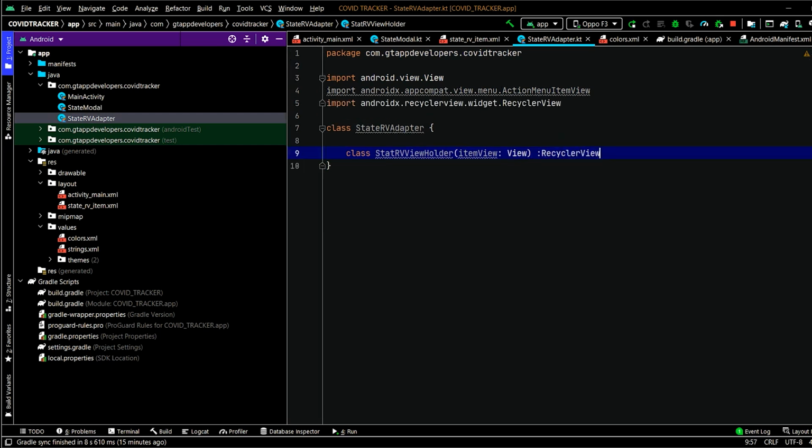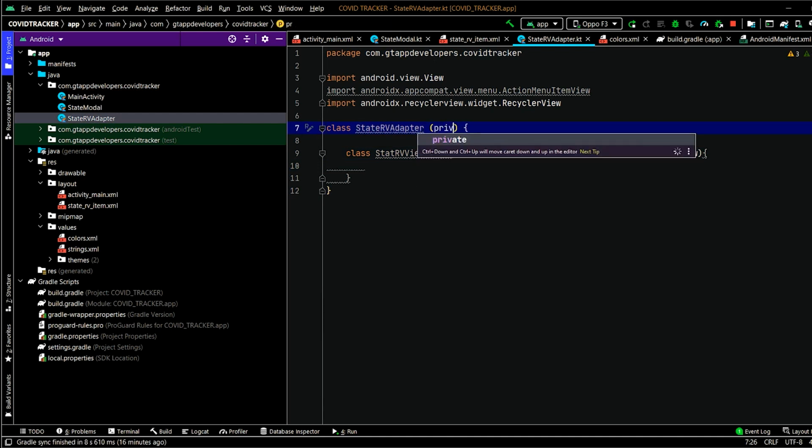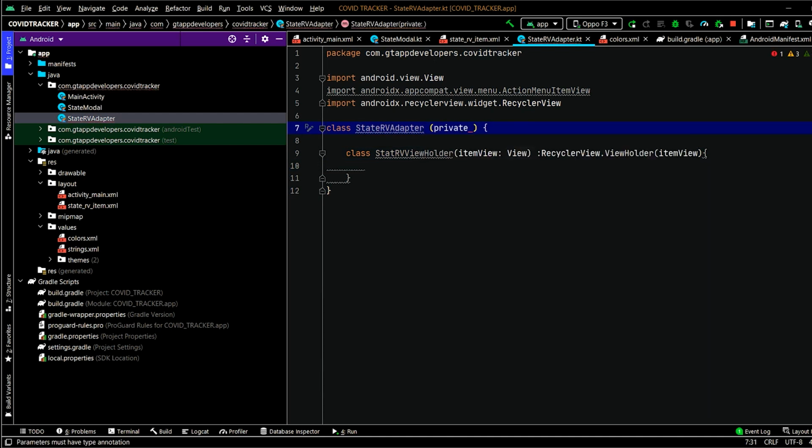We have to specify recycler view. Now inside our state RV adapter class, we have to pass list.